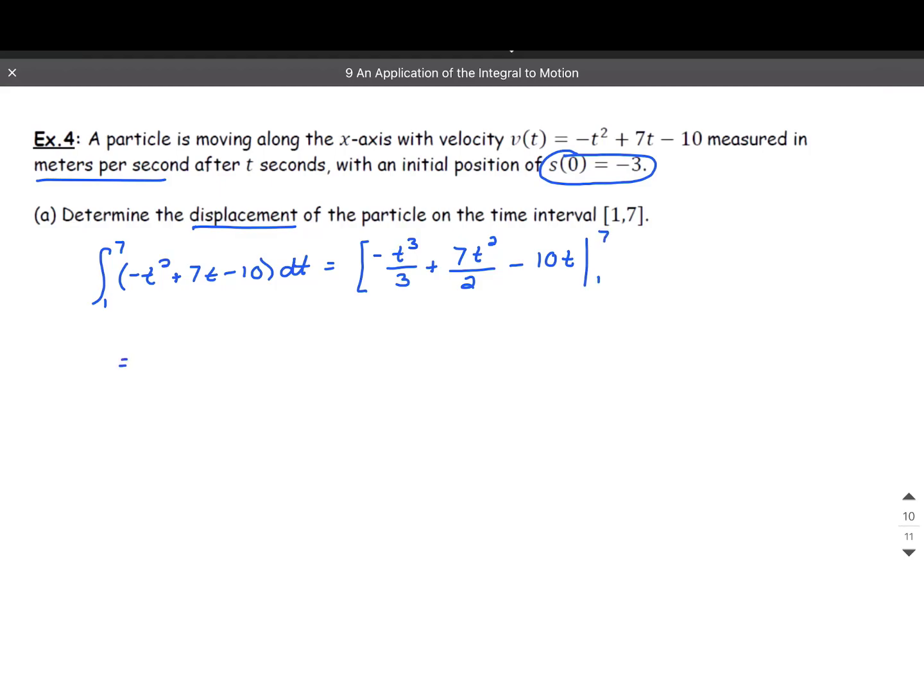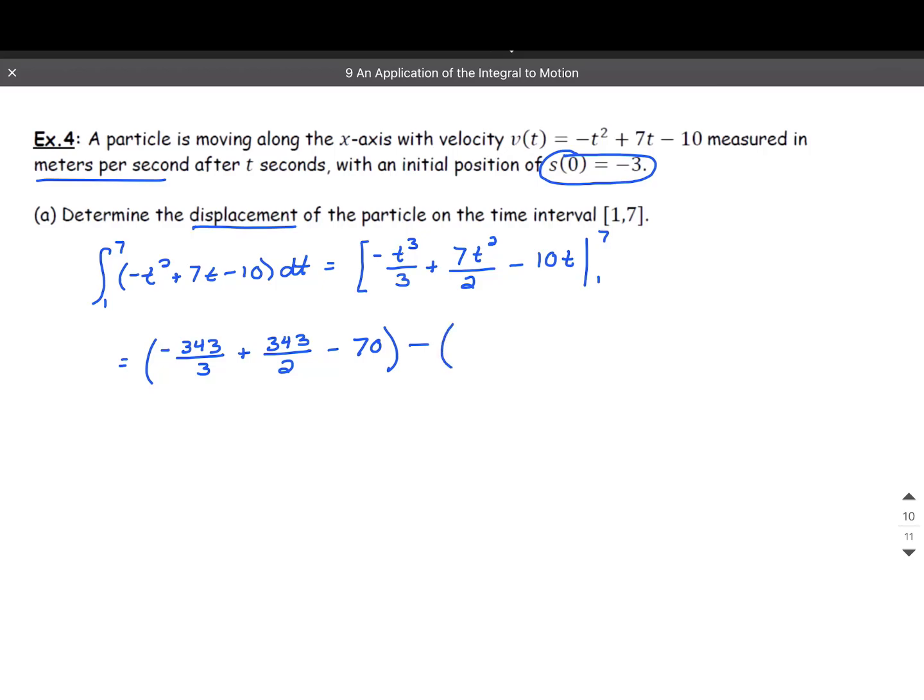So now, when we substitute in, we're going to have the negation of 7 cubed, which is 343 over 3, plus, well, 7 times 7 squared is 7 cubed again. That's 343 over 2, minus 70,